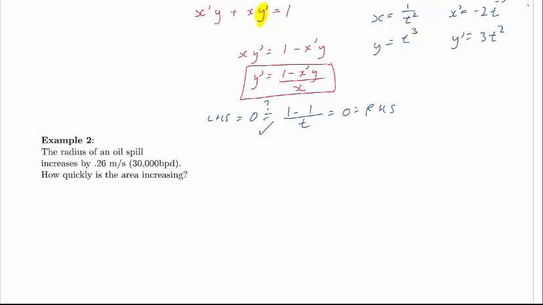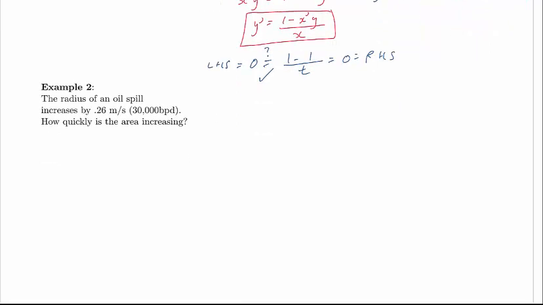The radius of an oil spill, oh no, increases by 20.26 meters per second. That is the equivalent of 30,000 barrels of oil per day. So we want to know how quickly is the area increasing. So first off, we apply what we know. We know that it's increasing